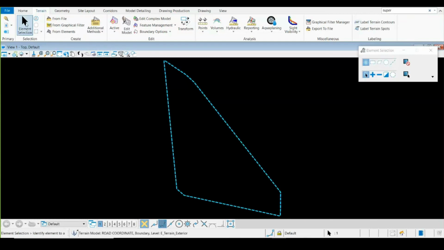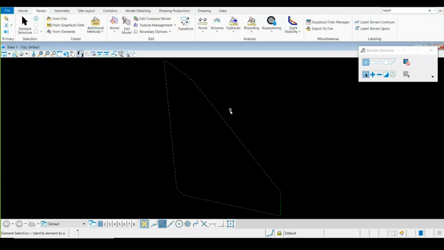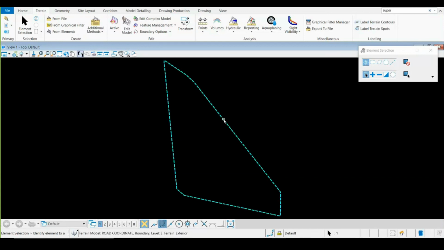This element selection, this bold cursor you are seeing, it's best practice to select this and then select any element. You can see a quick context menu. A context menu is basically a quick menu which appears on each and every component of the design you are going to do. Suppose I have taken the terrain boundary and am hovering my mouse over the terrain boundary itself. To make the context menu appear, always remember, take element selection, select the element and just hover your mouse a little bit to and fro.